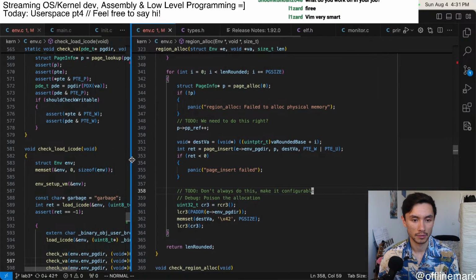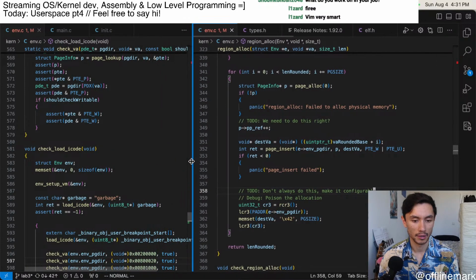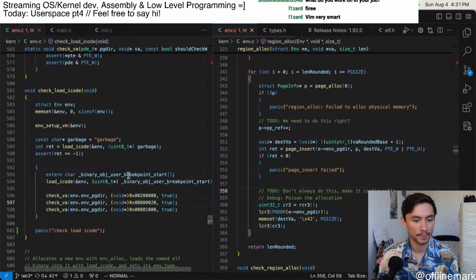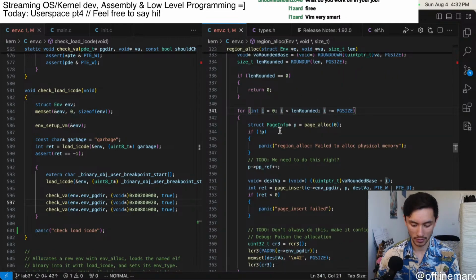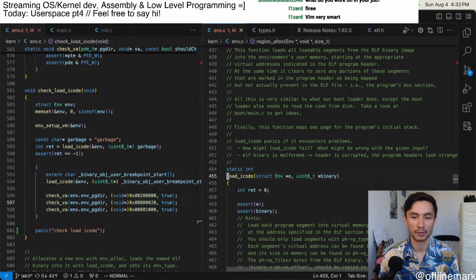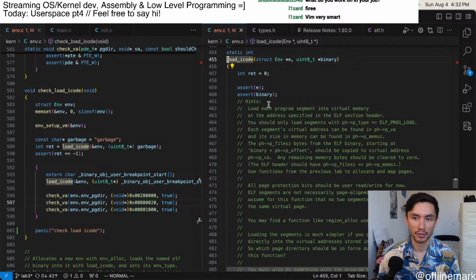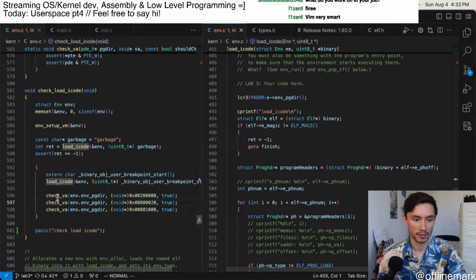So that's good. What other tests could I write for this function? Load icode. So you give it a binary and then it does a bunch of stuff. And I'm trying to test, for this particular binary,